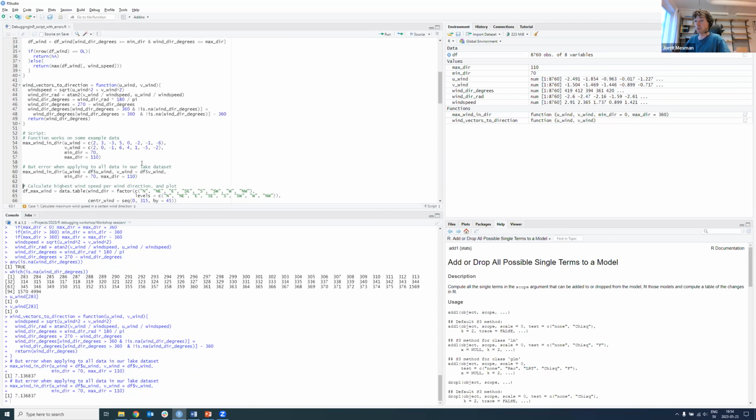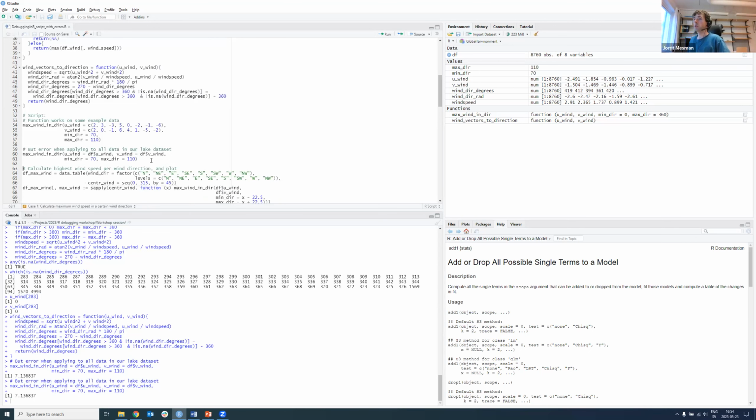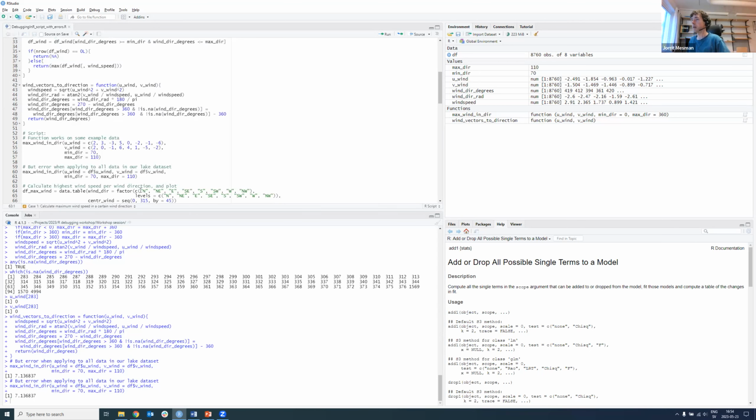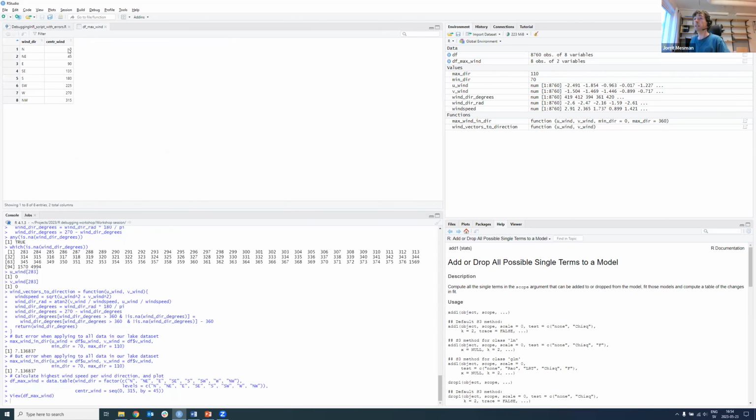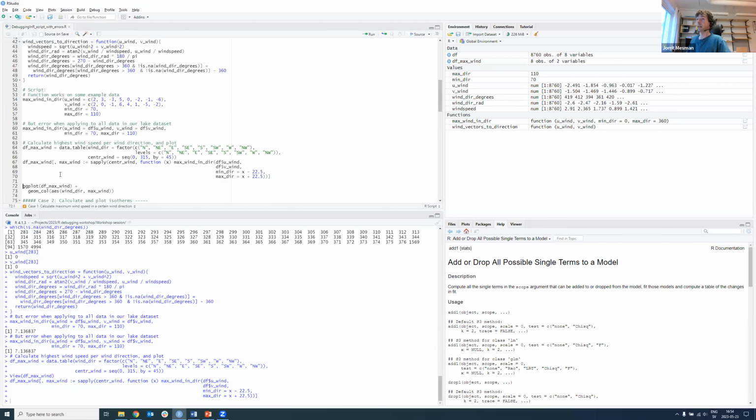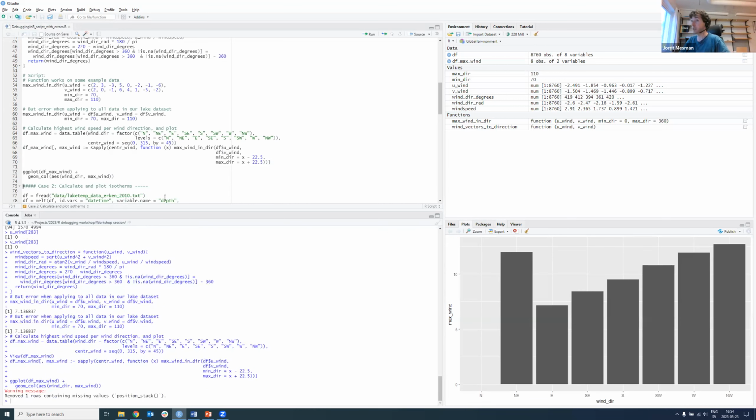So I run this, that works. Now I just want to make a nice plot. I have 8 wind directions, and I say what's the central direction over here, and then I want to make a plot of the maximum wind speed in each of these directions. So we have these max wind speeds, we get the central direction of those wind speeds, and then I apply this function to every one of those wind speeds. I just say what is the maximum wind from the north, from the northeast, from the east, etc. And then I want to plot the results just to make sure that we get something. And then we get this plot. So we don't get any errors,